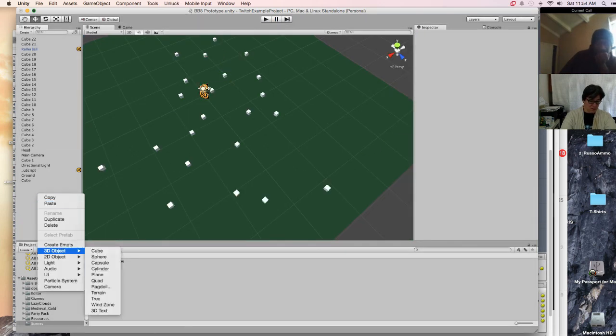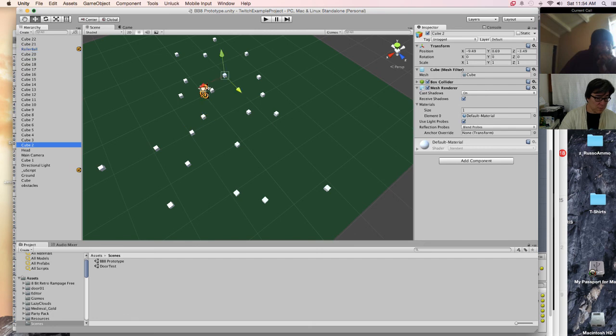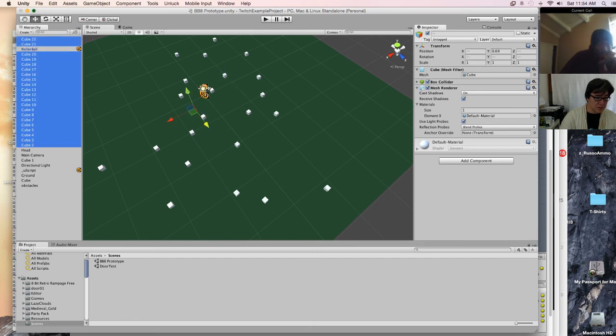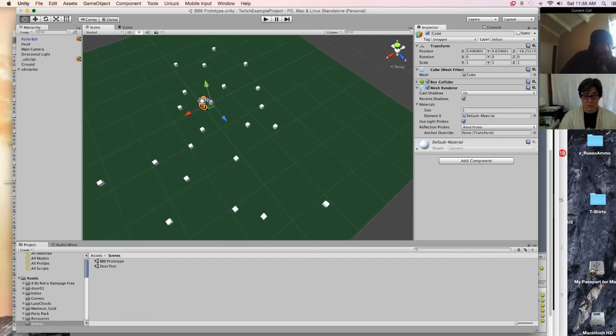I'm going to do create empty. Okay, so I'll explain the script to you real quick. Hold on. I'm going to create an empty game object, and I'm going to call this obstacles, just for my own organization, because my hierarchy over here is getting kind of sloppy. So I'm going to drag these into there. We're going to collapse that, and we're good to go. Cube 1 needs to go in there as well. Cube needs to go in there, and now I can minimize those.